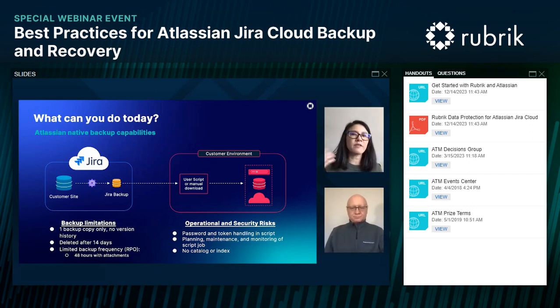But now they have to think about where they are going to put this backup copy. So now they have to manage infrastructure for these copies. That can present not only operational challenges and risk, but security as well. You have to think about how to safeguard this data in this new infrastructure, and how to maintain it.